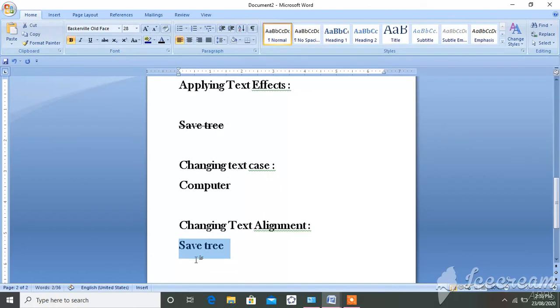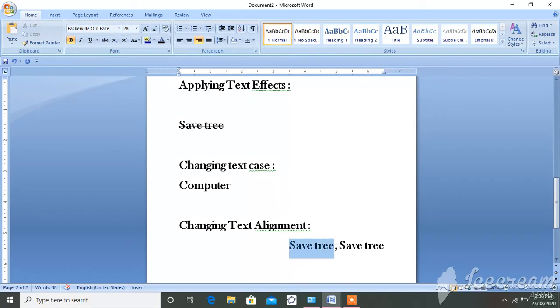Now this text started from the left side, so this is a left alignment. Now see here, I'll select this and click on right. See here, it will display on the right side. Suppose I type anything, that gets displayed from the right side. So this is a right alignment.